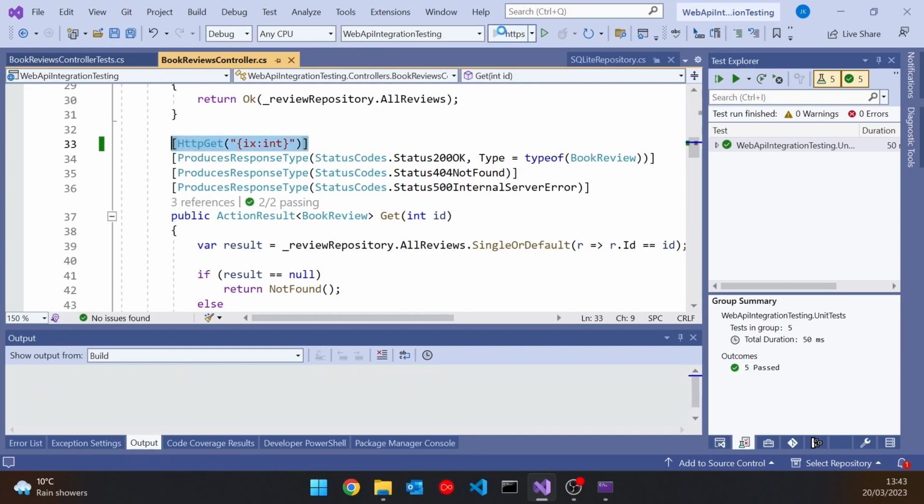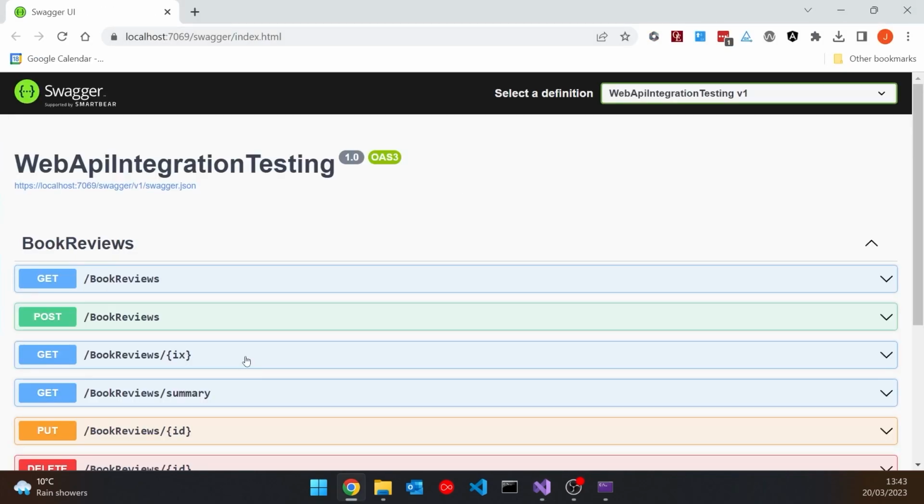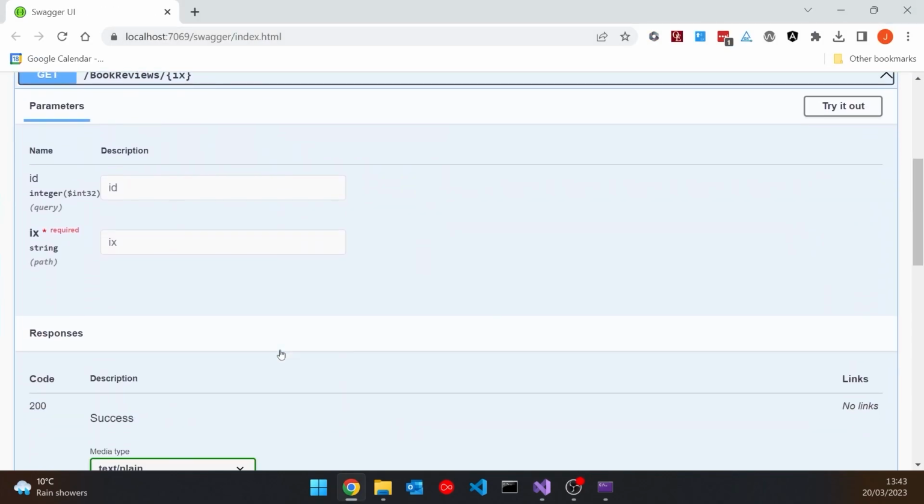Whereas if I run that in Swagger, and so there we've got our get1, now we can see it's got really confused because it's now seeing two parameters, one called ID, one called IX. The ID it thinks is part of the query string, and the IX it thinks is part of the path.